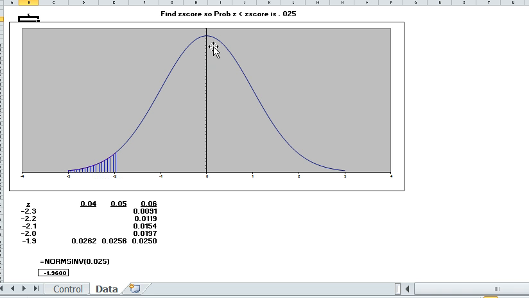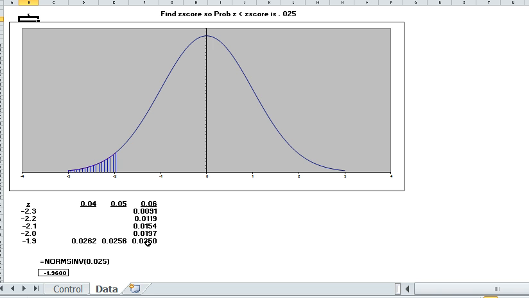As before, we'll draw a quick normal curve. The horizontal axis are the z-values. We're going to shade in the area we want. This is an area of about 0.025. Now we're going to go to the normal table in the back of Appendix A-2, and this is an abbreviated version of it. And this time we're going to search in the body of the table for a value of